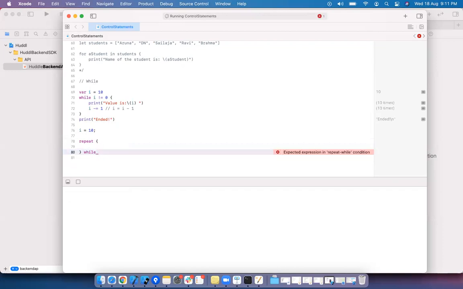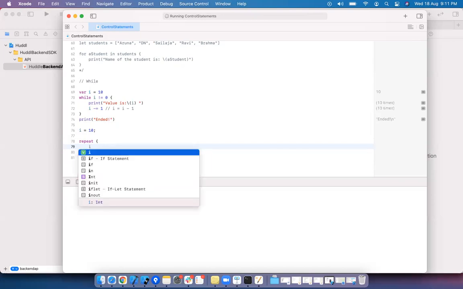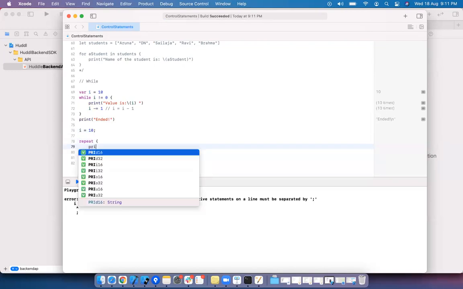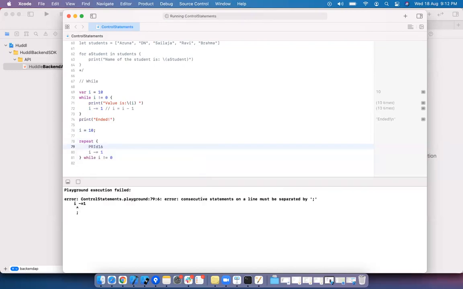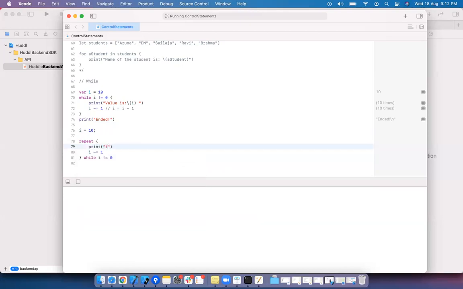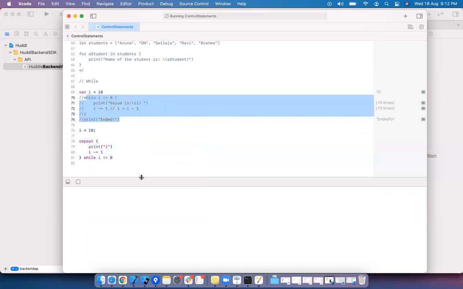Let's see. Same condition, i not equal to 0, i minus equal to 1, and print the value. Let me comment this. Let's see if it is true.